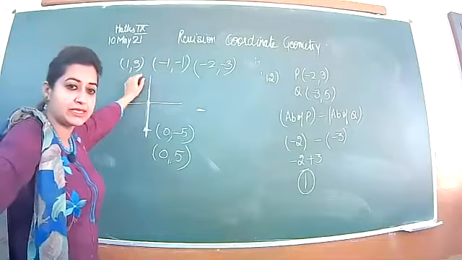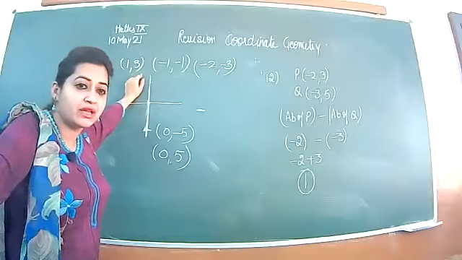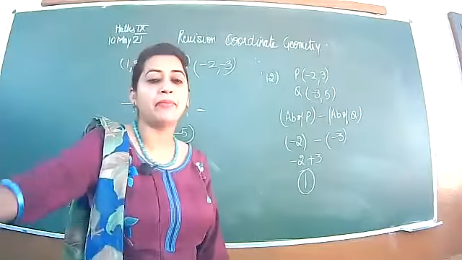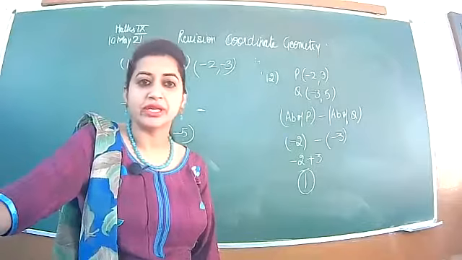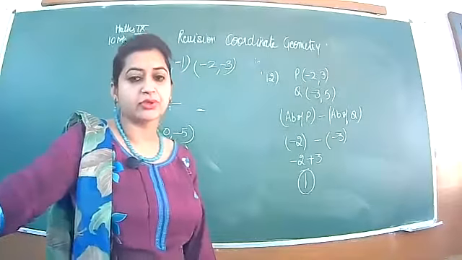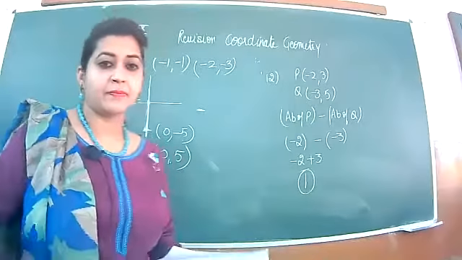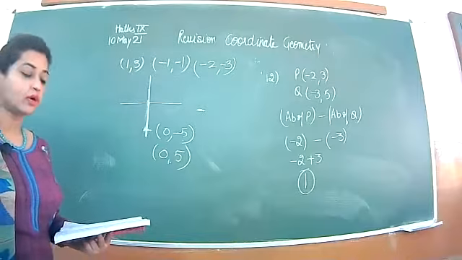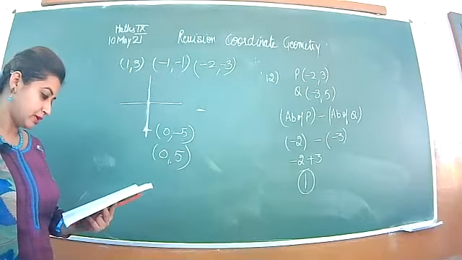Plot these 3 points and check whether are they collinear or not. When you plot these points, you will join them by a line. If they are lying on a straight line, so yes, they are collinear, otherwise no. Got it? Do this. Yes, these 3 points are collinear because they are lying on a same straight line. Is it okay?